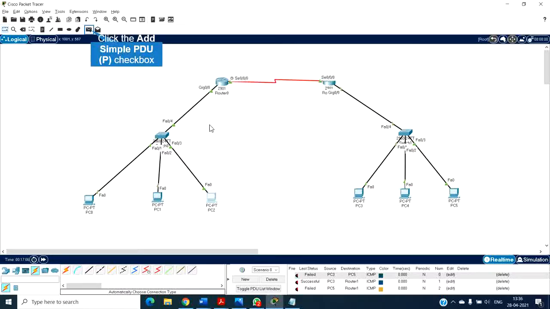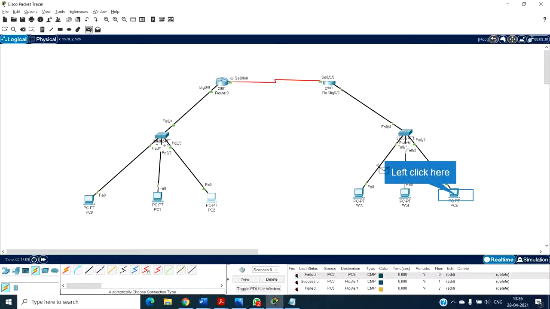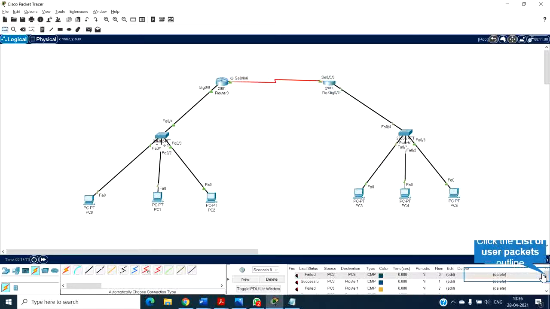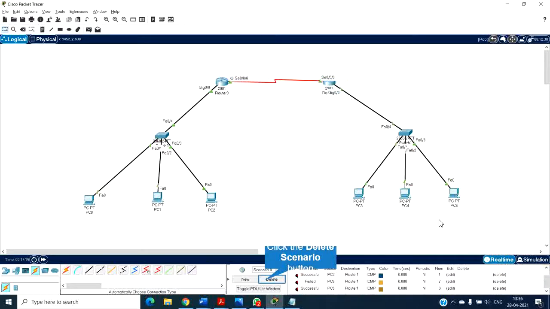Now let's test the packets. From PC5 I'm trying to send it to the router. As you can see, it is successful because now it knows through which router it should pass.